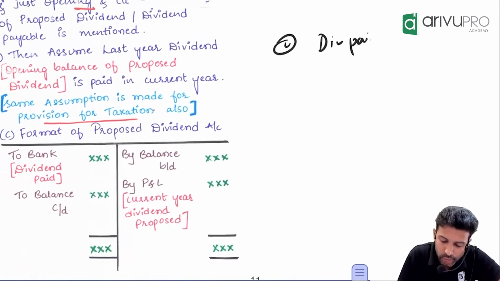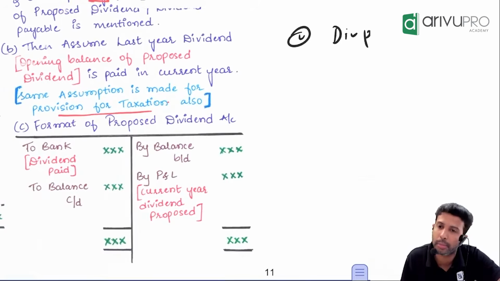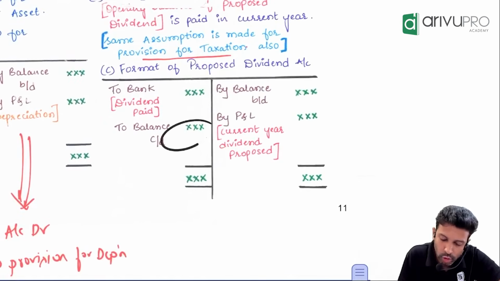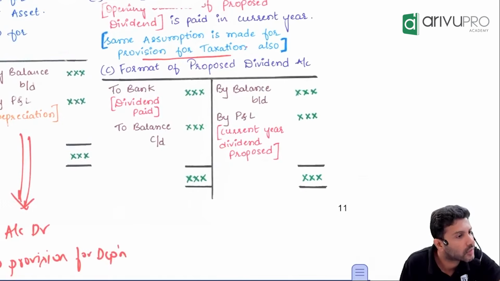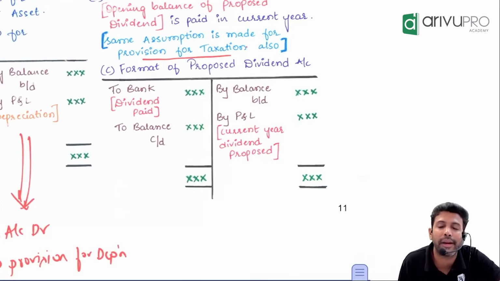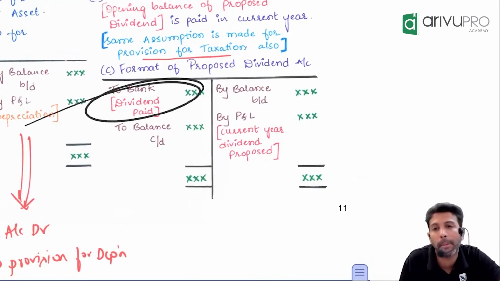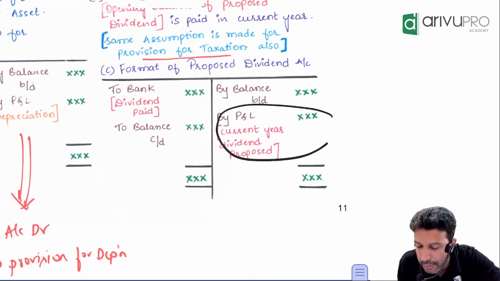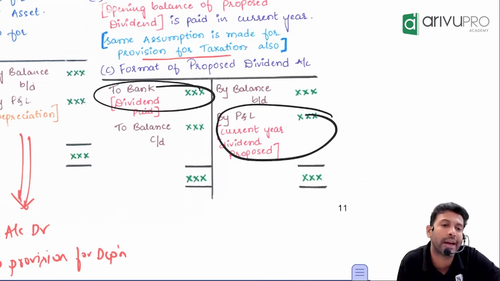The opening balance of a liability will come on the credit side as by balance brought down. The closing balance of this liability will come on the debit side as to balance carried down. When a dividend is paid, what is the entry? Dividend to bank. When a dividend is declared, what is the entry? P&L to dividend. Here you will post it as by P&L. Either this or that is obtained as a balancing figure, we prepare